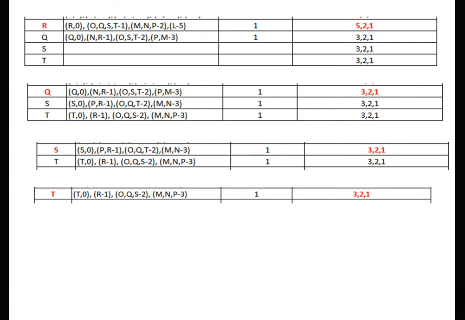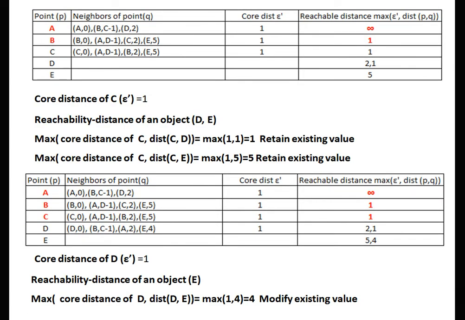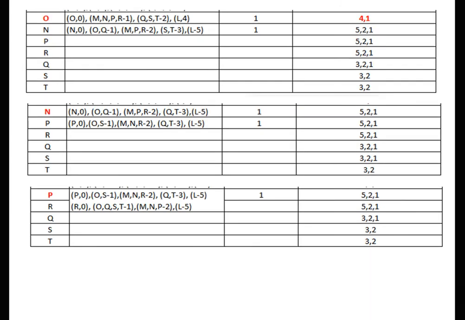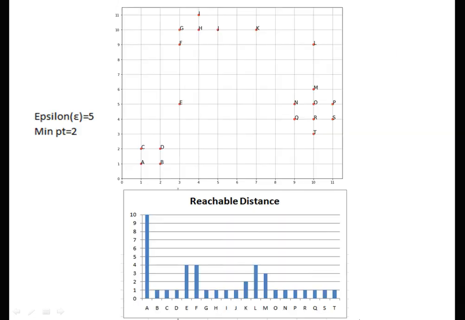So in this way we are getting the answer. Once you understand initially how it operates, you can easily cross-check the algorithm, or easily trace out the remaining points. Now this is our final answer: the points, neighbors of point P, core distance and reachability distance. So in this way the reachability distance changes. Clear? Here the points are given along with their neighbors, and from that we find out immediately the core distance and the reachability distance.